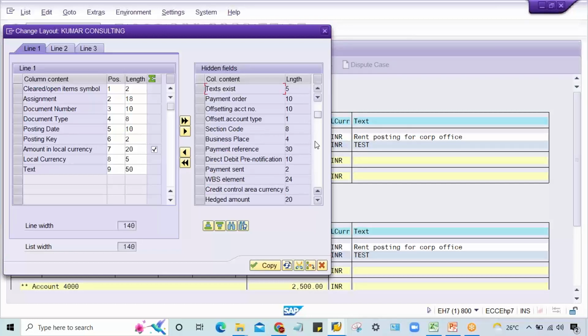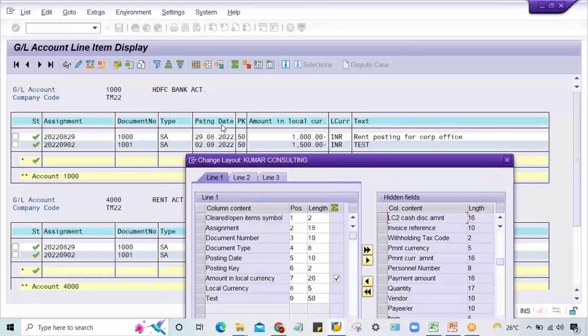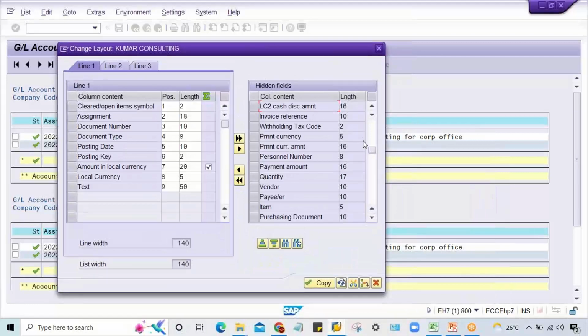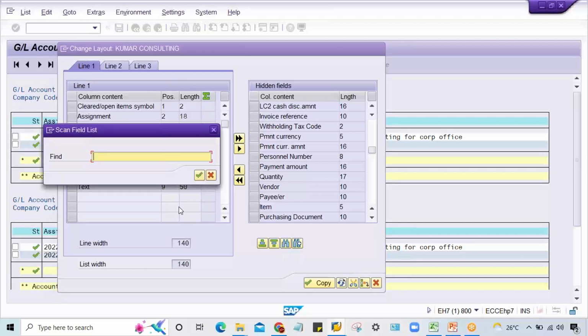Let's suppose I'll just do one thing. Right now, what to add? Let's suppose here posting date is appearing. Document date itself, if I have to add, right? Let's suppose document date was already there on the upper side. I came down. It's okay. So first of all, multiple fields are here, which are coming under the hidden field section. So I have to bring document date. You click on here, find. First of all, we have to find where the field is. So you type here